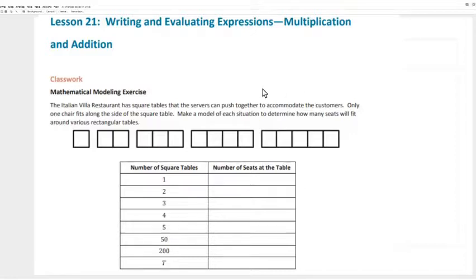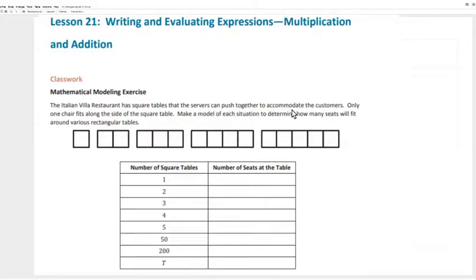All right, hello students. Today we're moving on with lesson 21, writing and evaluating expressions using multiplication and addition. So on this one, we're going to use multiplication and addition in our expressions. We're going to talk about how we work with them and how we can develop them. So if we look at the first model, it says the restaurant has square tables that servers